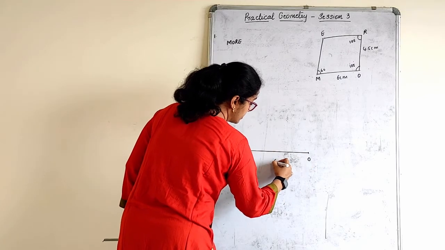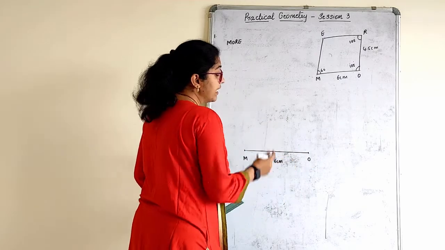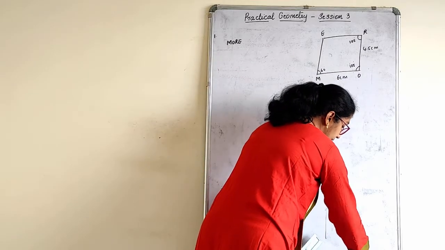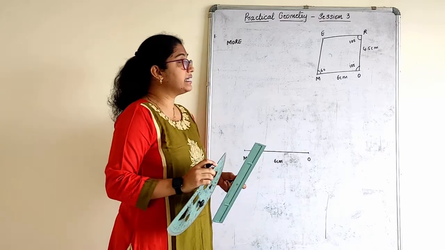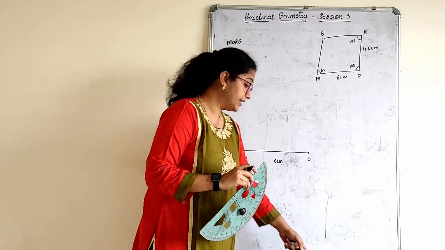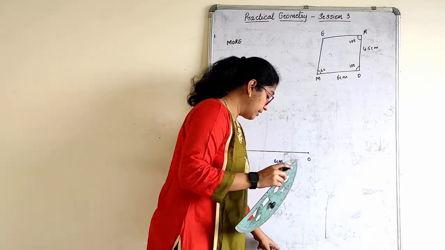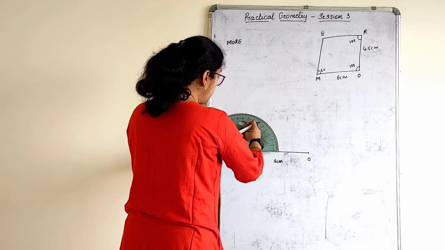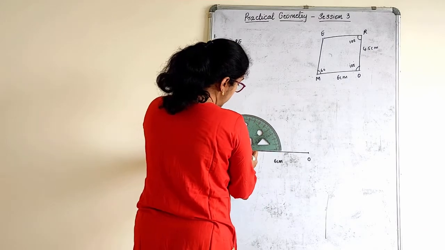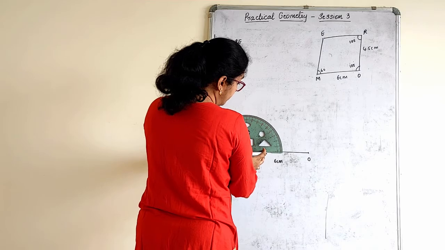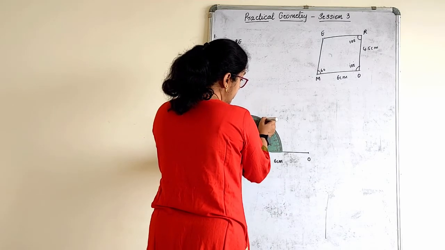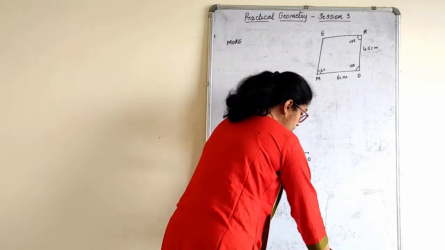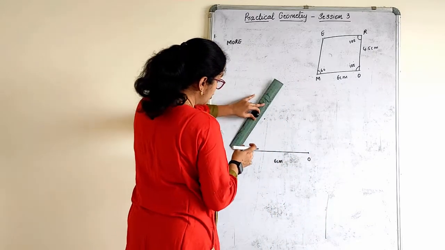which is 6 centimeter. Now what have they given? They have given us some angles, right? That is, angle M is 60 degree and angle O is 105 degree. Let us mark those angles first. So keep your protractor here. When you mark, the point of the protractor and the line should coincide. 60 degree is an acute angle. That means it comes here. So with that respect, mark 60 degree here.